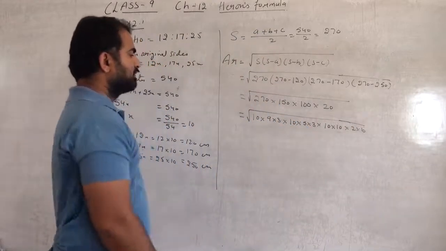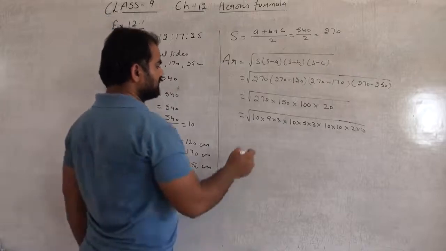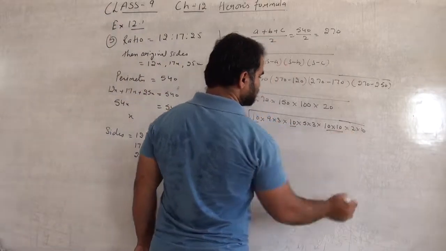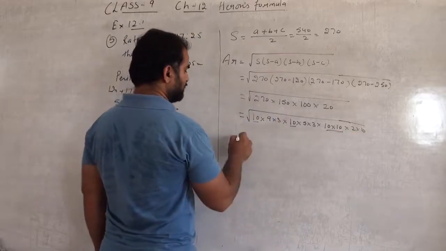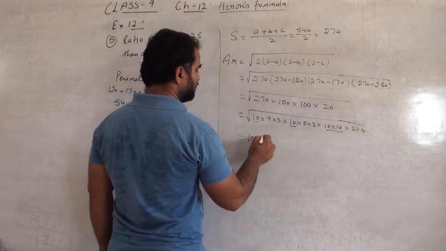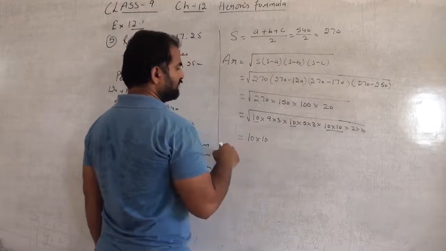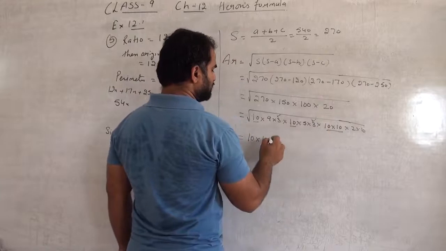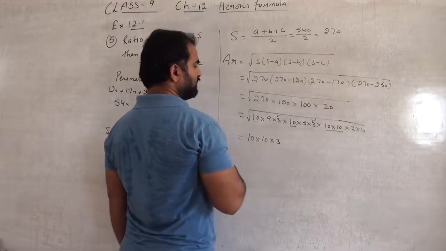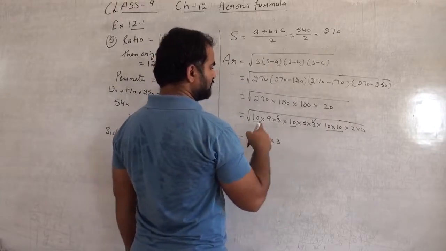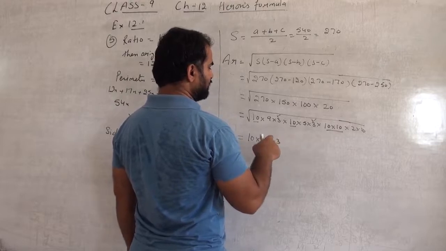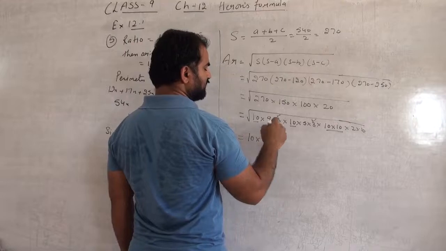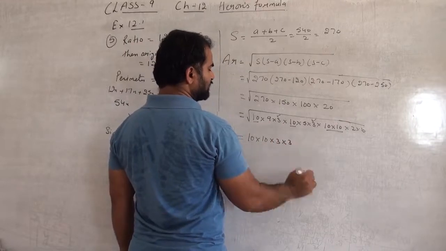Okay. Now first of all we will find the pairs. So 10 and 10 is making a pair, and both of these are also making a pair. Okay, it will be 10 and 10 outside. So we got a pair of 3 and 3 also, so we got a 3 outside. And next, is there any 5? No. What is 9? 9 is also 3 into 3. So we got a 3 outside again.